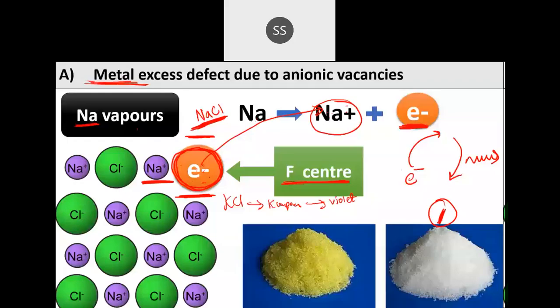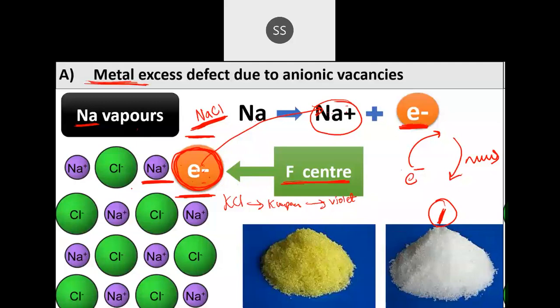A good question. One question is whether change of color can happen only with the presence of one electron or many electrons. One electron can also give it, but then the change will be a little less, it will be light. But if many electrons are doing that, then the intensity will increase. So it can happen with one electron and even many electrons.